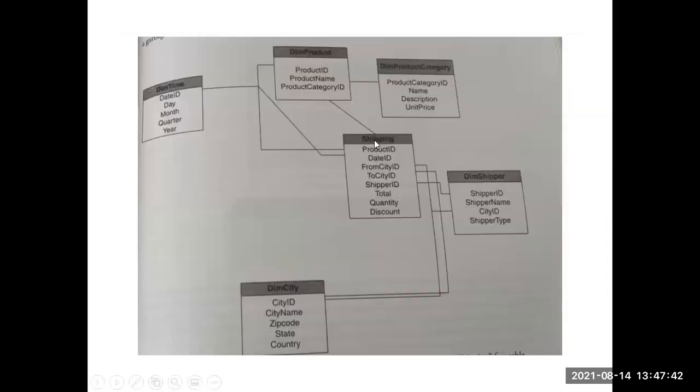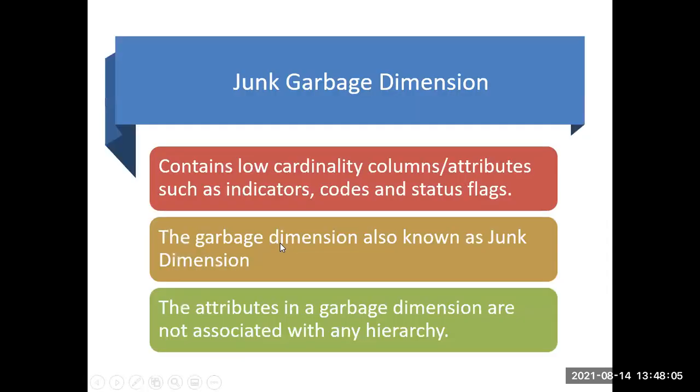So yes, here for product table, coming to the shipping purpose here itself, I'll tell you. Shipper ID, shipper name, city, and ID it is there. And from the city table, you see, city is the dimension table. For the city table we are going to play two roles, from city ID to city ID. From which city to which city here.